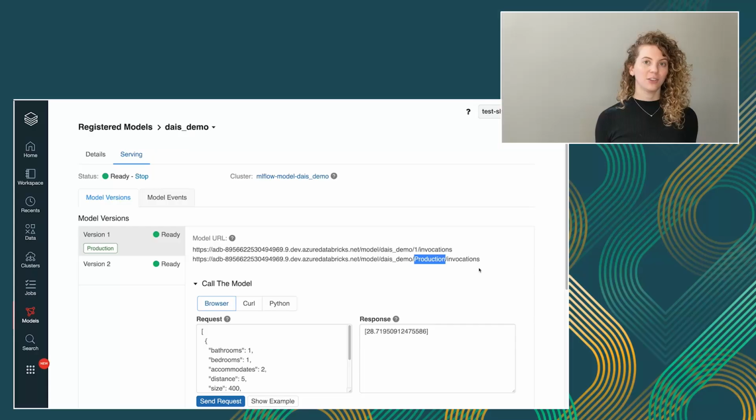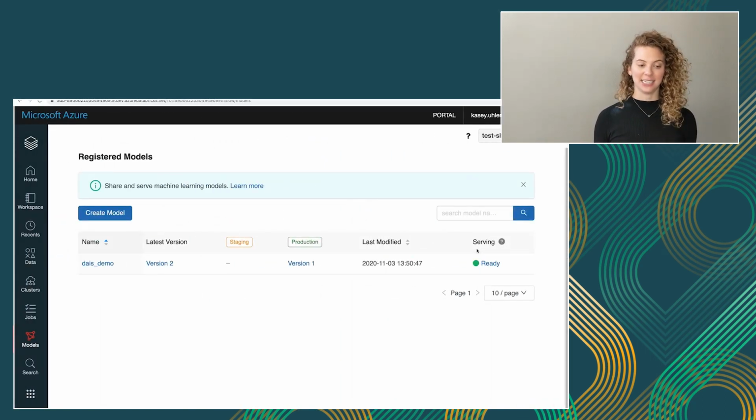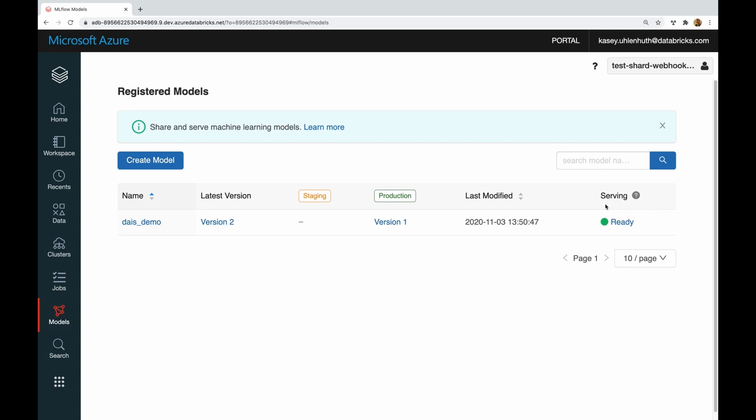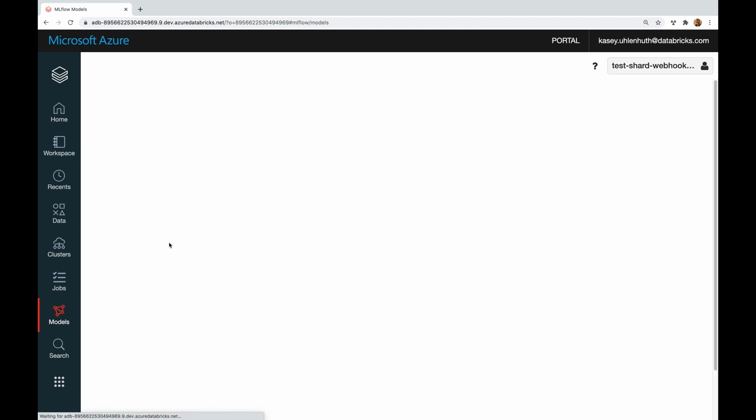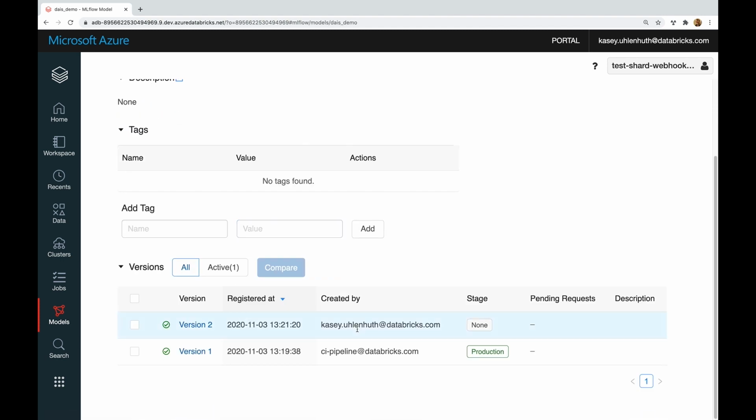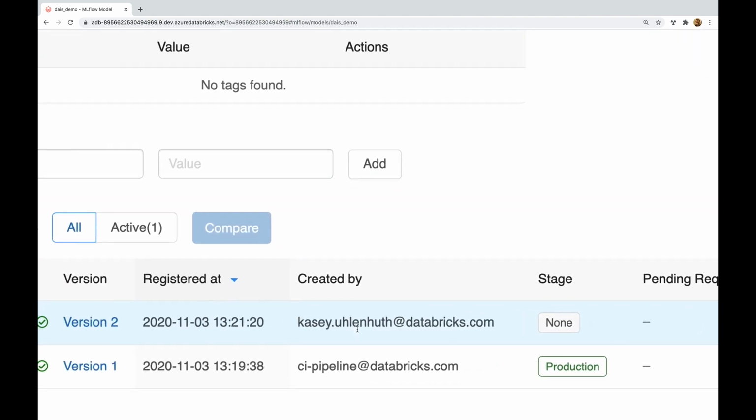So now let's look at how we can upgrade version 2 to production through an MLOps workflow using the model registry. I'm now going to switch over and become a data scientist and log into Databricks as a data scientist. When I come in here, you can see that I just pushed version 2 to the model registry. When I come into version 2,